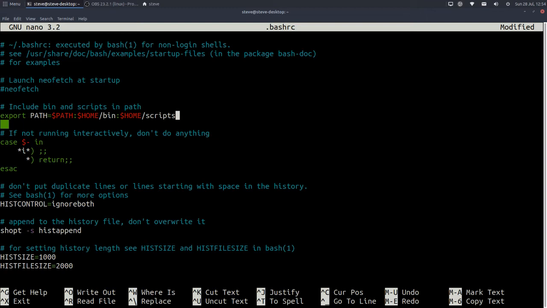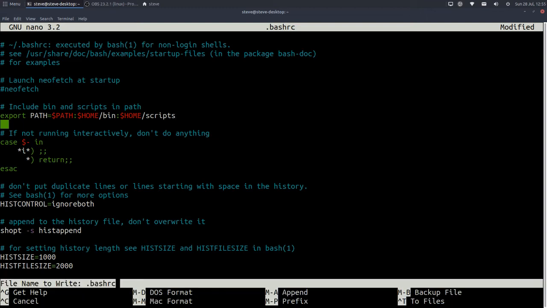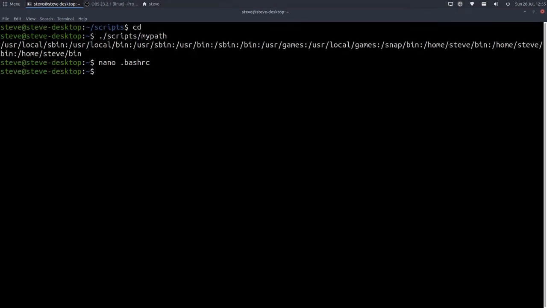Okay, that's great. So I'm going to save that by hitting Control O, Control X, and I'm going to resource the bashrc file,